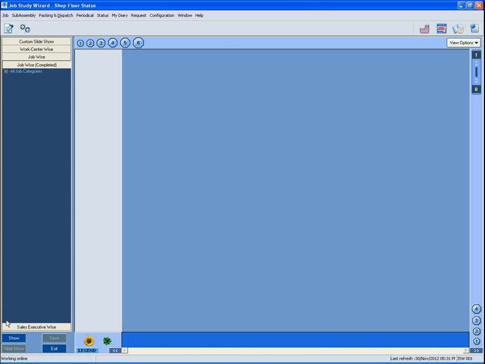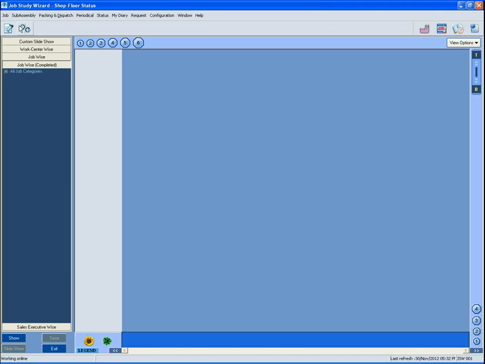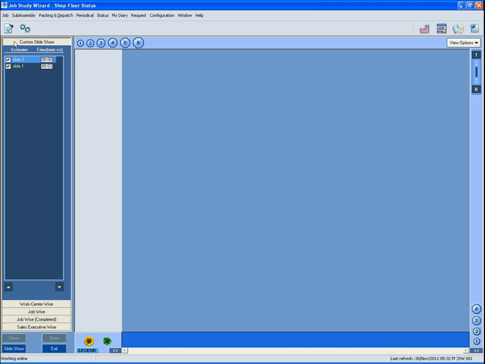Let us understand each pane's function. The topmost pane is captioned Custom Slideshow. If the JSW is displayed on a big screen situated on the job floor, one can create a slideshow with different sets of work centers or jobs being displayed, one after another, with preset durations, a nice feature that runs automatically, showing updated Gantt chart live on the shop floor. We shall explain this feature later.